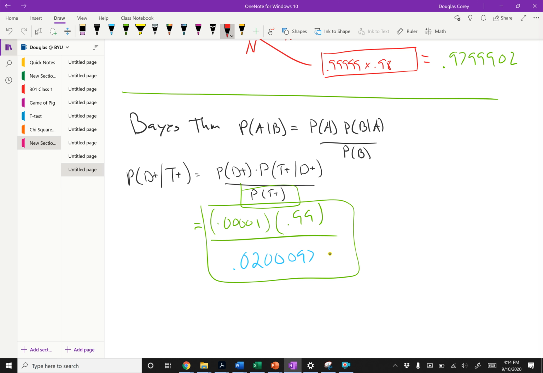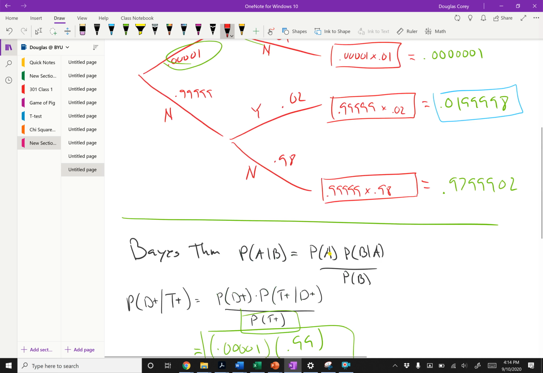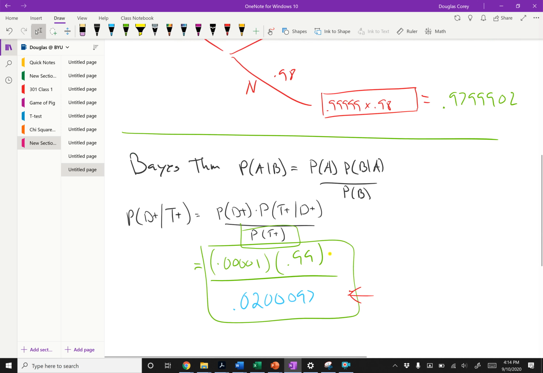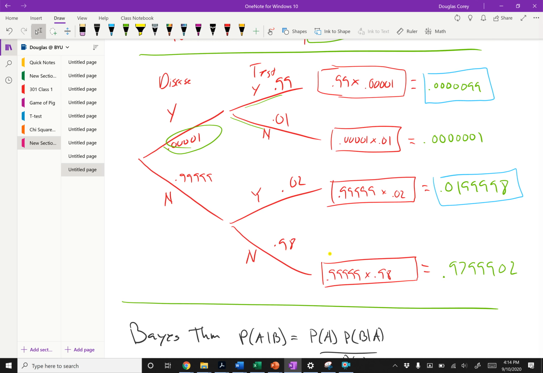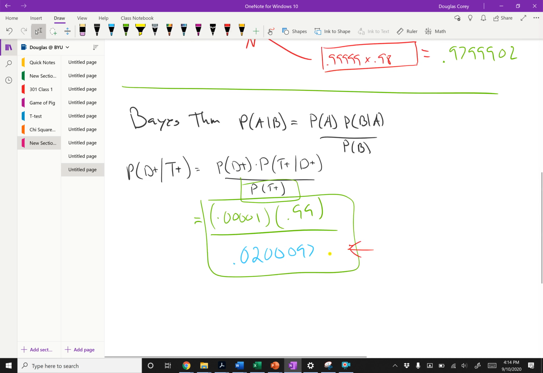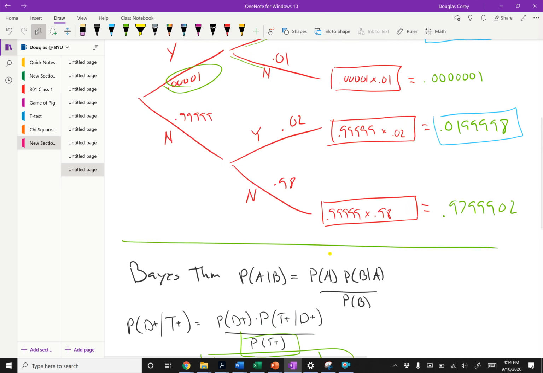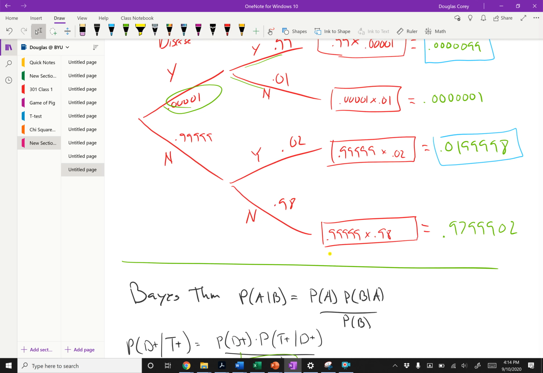So the tricky part was getting this from the table and recognizing that the probability of testing positive is where I end up on these two tracks. I can have the disease and test positive. I cannot have the disease and test positive. So I take those two probabilities and add those together. Sometimes you'll see Bayes' theorem with a sum in the denominator. I don't know exactly how they would write it, but they might write it